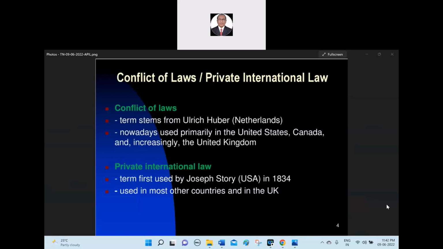Conflict of laws, private international law. Bullet 1, conflict of laws. Term derived from Utrecht, Netherlands. Nowadays, used primarily in the United States, Canada, and increasingly the United Kingdom. Private international law, term first used by Joseph Story